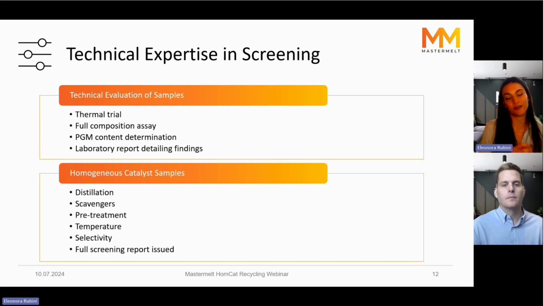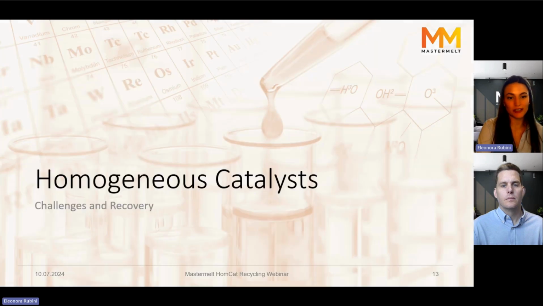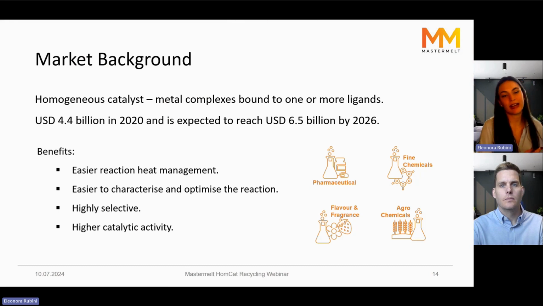So it's all these different trials and errors to understand really how I get the best recovery, but also whether it is economically viable to do it this way for me. And now we can deep dive a little bit more on the homogeneous catalyst itself and what the challenges of the recovery are. So what we saw, on a little market background overview, is that the homogeneous catalyst market